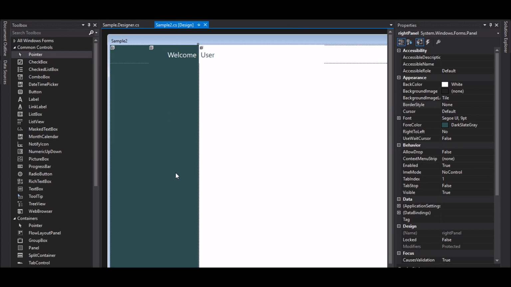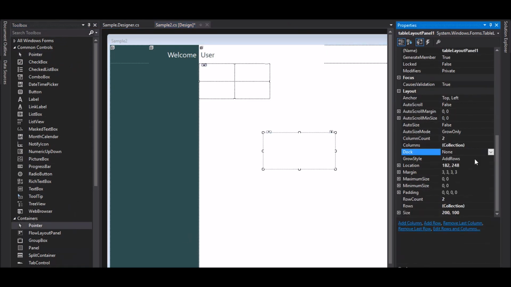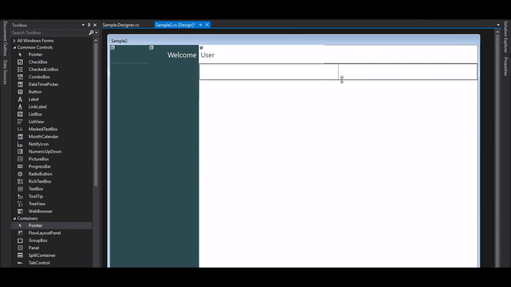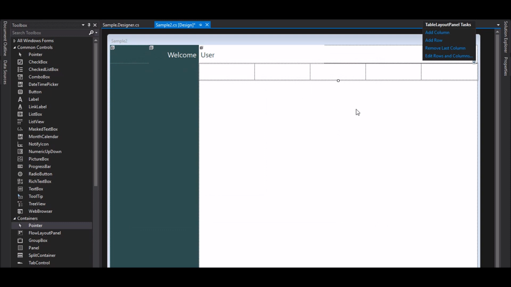Now the locks are removed, and now in the sample what I will do, I am picking up a table layout panel, and I am placing it at the top. So dock top, and then close it, remove the row, last row I have removed, make it size like this, and add some columns. So 1, 3 columns, 4, 5. Now go to the edit rows and columns and make them auto size percentage to equal percentage,